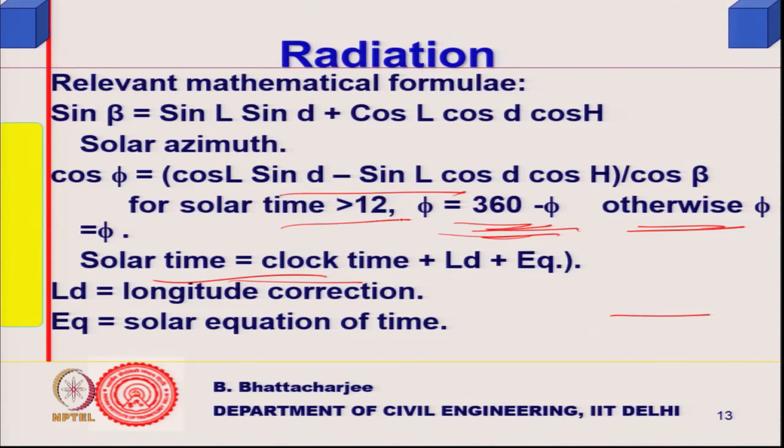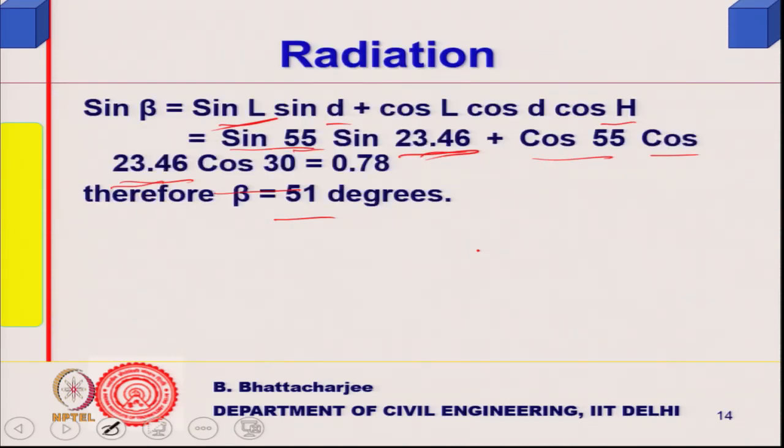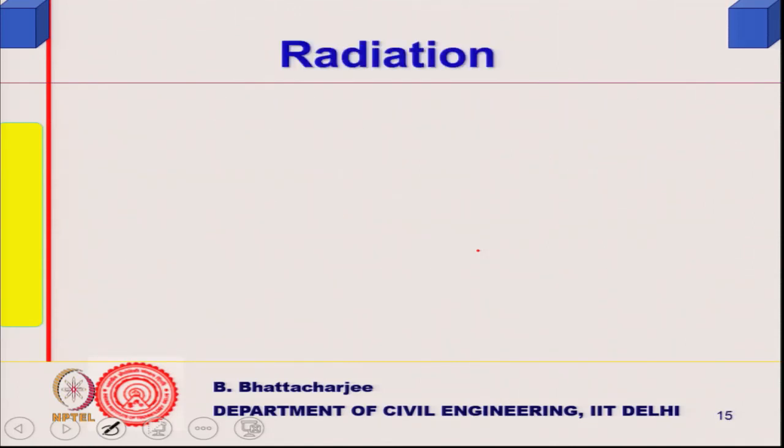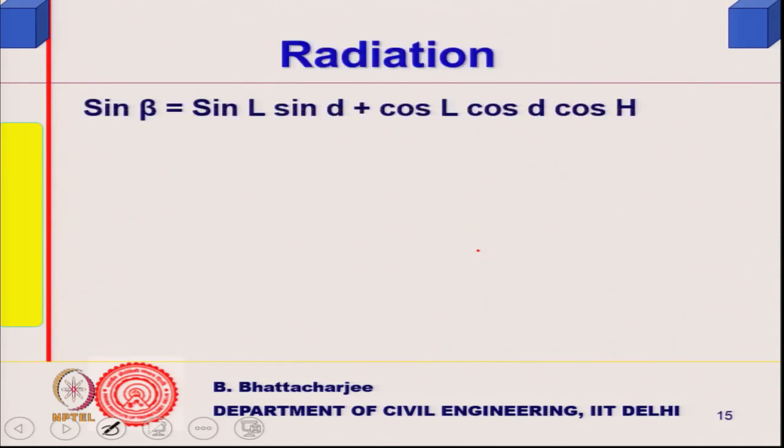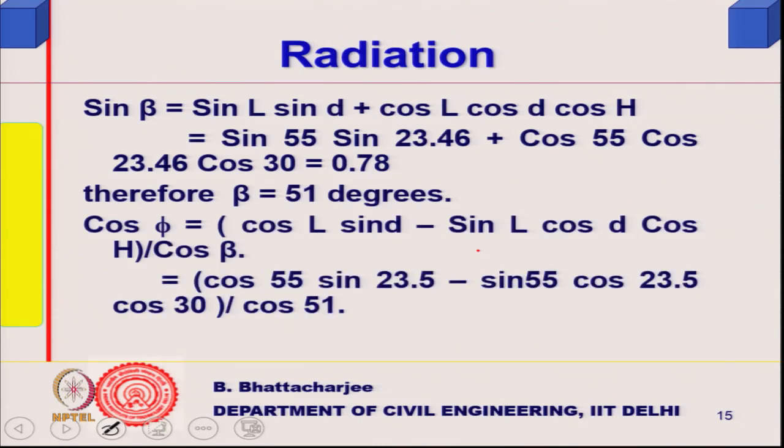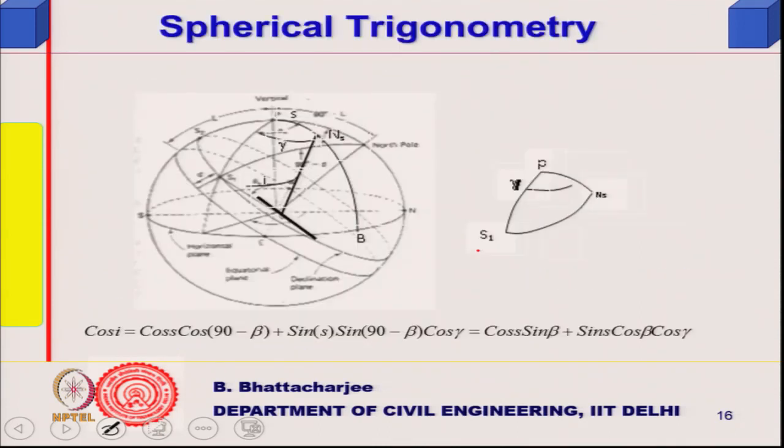If solar time is more than 12, take phi equals 360 minus phi, otherwise phi equals phi. So, solar time is clock time, etc., etc. But if you calculate from the formula that I have derived, it will give you the same. So, I have just shown you the calculation. Now, let us come to